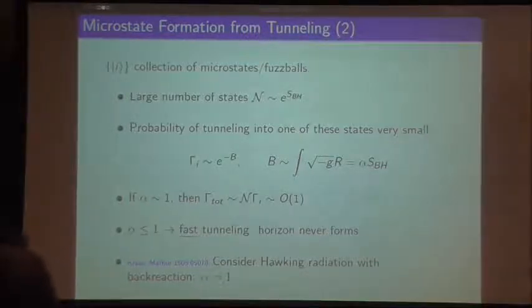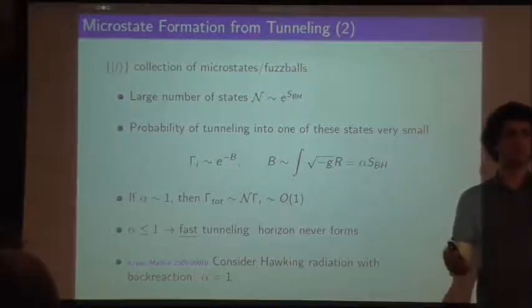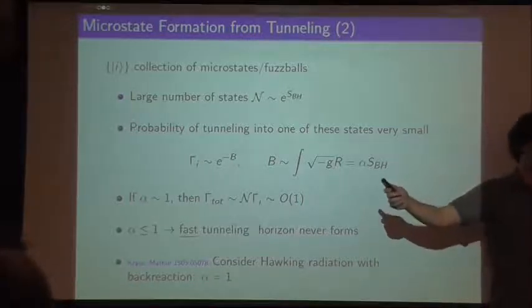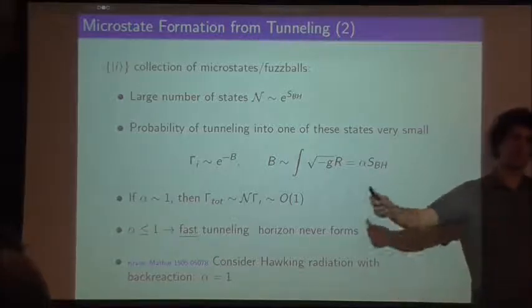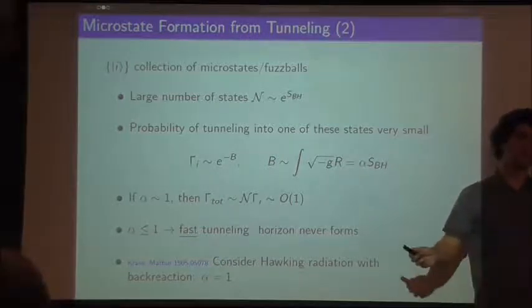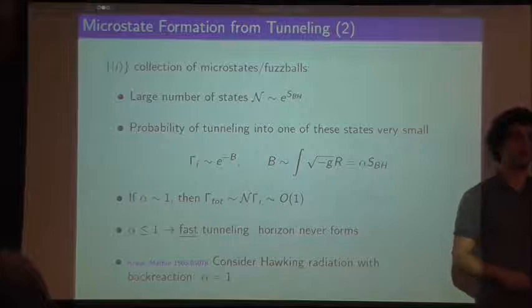Okay, more questions about this? A very naive question. These microstates, they live on the horizon, along the horizon? So I would say that the typical size of these states is about the horizon scale. If you look at these microstates from very far away, they look exactly like the black hole. They have the same asymptotic falloff, so the same charges, etc. But as soon as you zoom in around the horizon scale, this order of magnitude, that's where they start to differ from the black hole geometry.